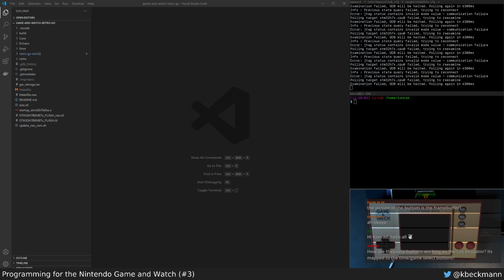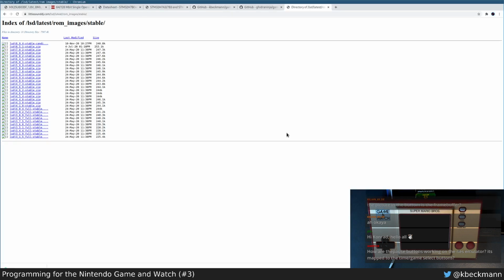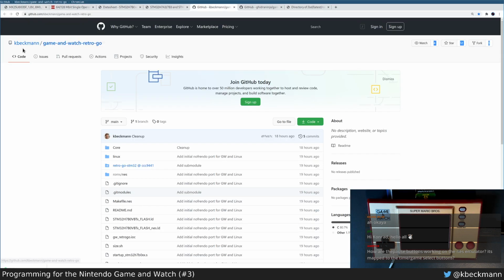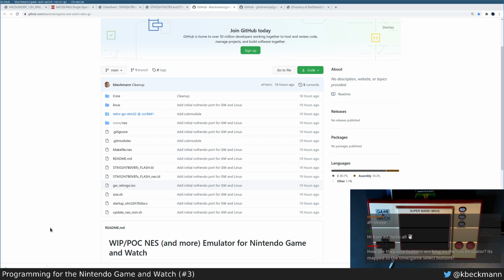All right. In case you don't know, the repository where I'm working is over here at GitHub. This repository contains the project structure for the STM32 project, and it contains the project file that you need. That is basically a configuration for the STM32CubeMX software in order to generate the HAL files and so on. And then all the code that is specific for the Game & Watch is here. And then the actual emulators,